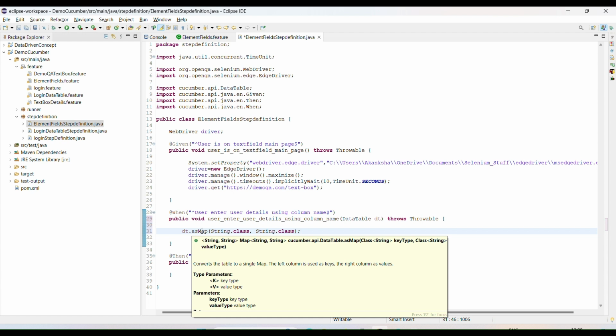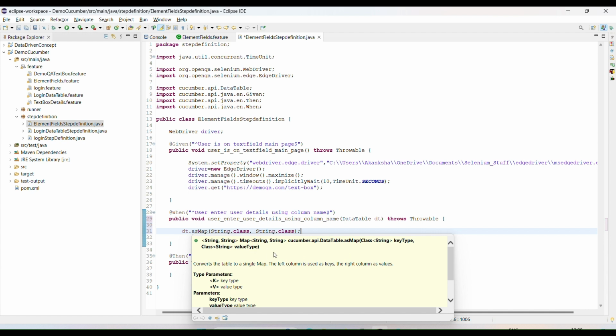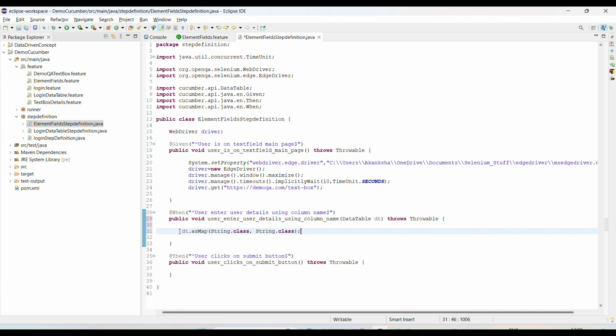And see, map will return a list of map of string, okay? So this will return a list of map of string, string comma string, like key and value, right?